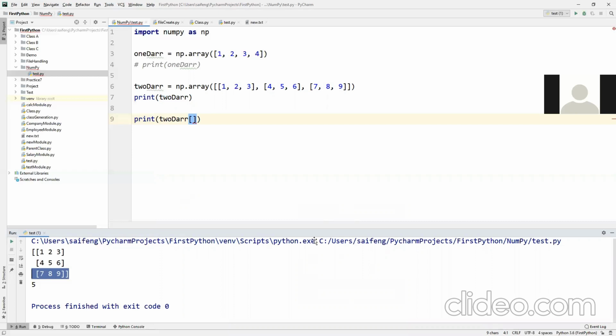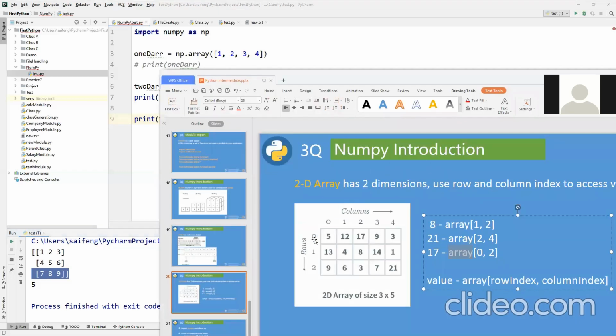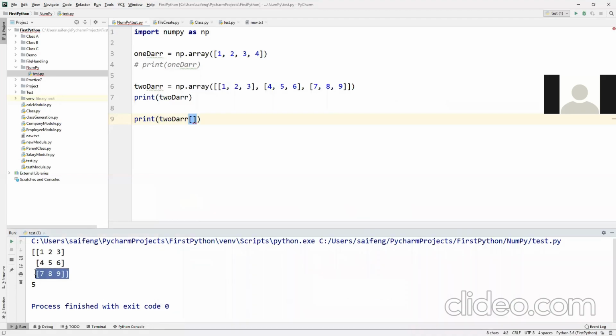Okay, here. The index starts from 0, from top to bottom. First row, index 0. Second row, index 1. Third row, index 2, right? It's basically the row number minus 1. So now I'm asking you, what is the row index for 9? 9 is in which row? Victor.